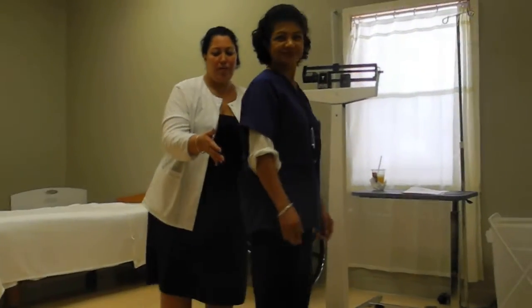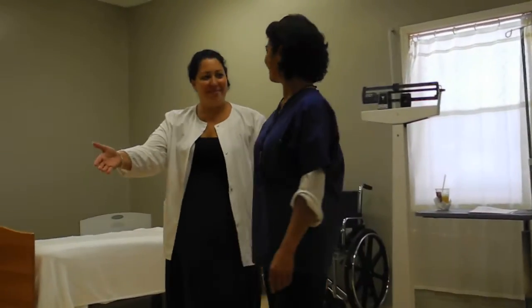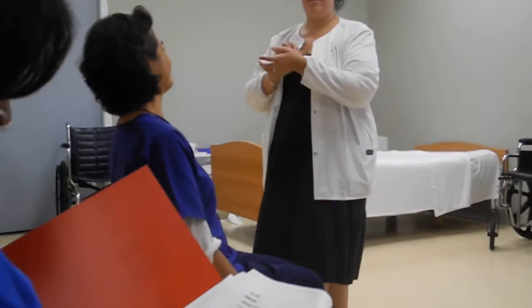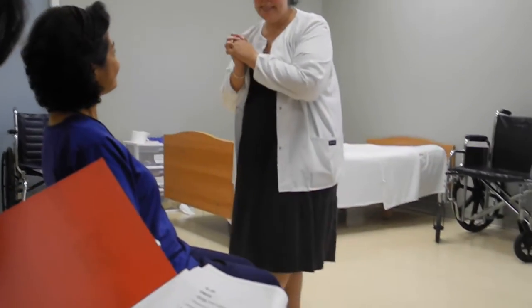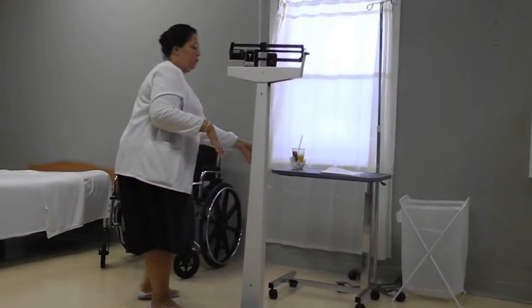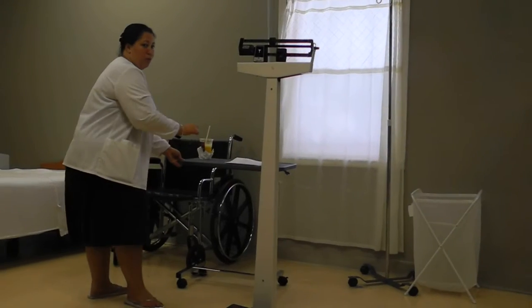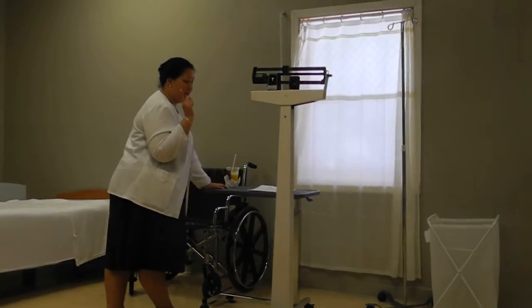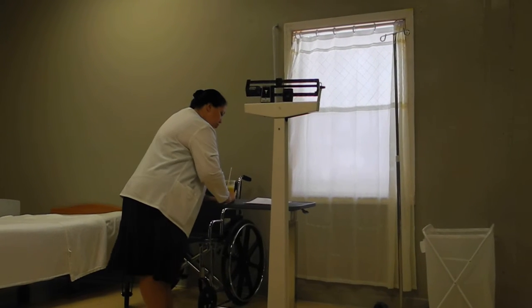Okay, then you get your patient, okay, you're ready to go back to your chair. You go and take your patient back. You go and take your gloves out, wash your hands, and you're gonna come back to the table where they're gonna have a paper for you. And you're going to report the weight, okay? That's another thing that is very important, because so you record